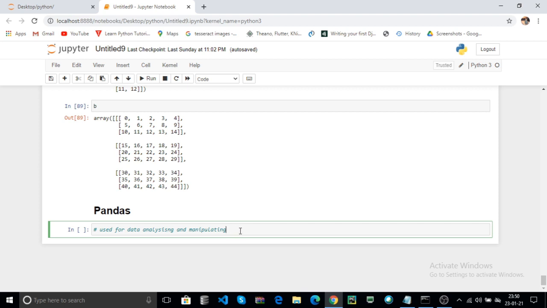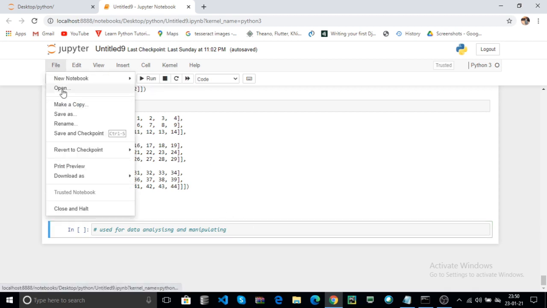Now here we discuss the basics of how to use pandas and how to apply pandas on a data set. Go to File, Open.